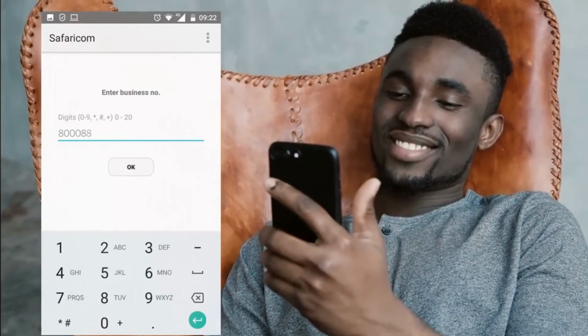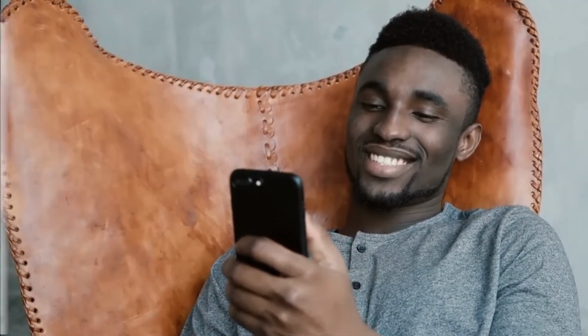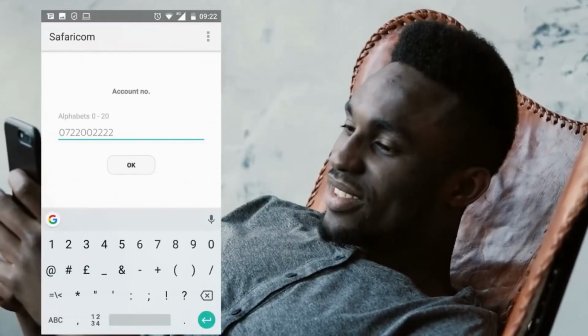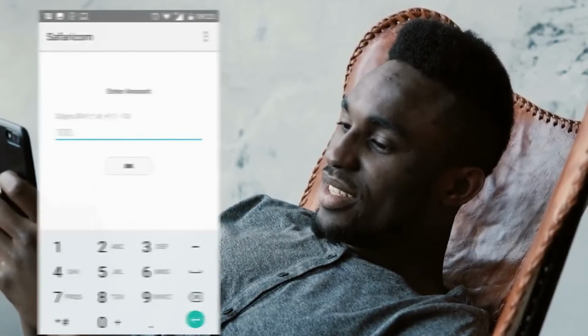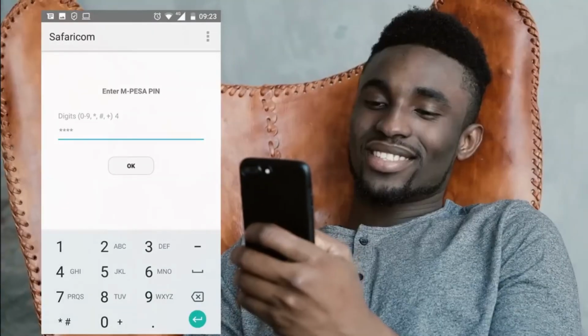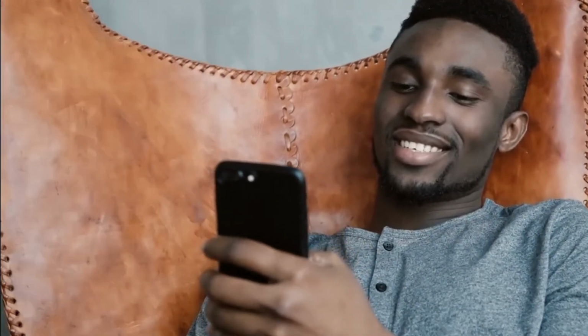800088 as the business number, and use your Mpesa phone number as the account number. And once you have done that, enter the amount you wish to top up, followed by your Mpesa PIN, and that's it. You will have topped up and you will receive your money in minutes straight to your PayPal. The transaction fees for top up is about 4% of the total amount, and that is at the time of